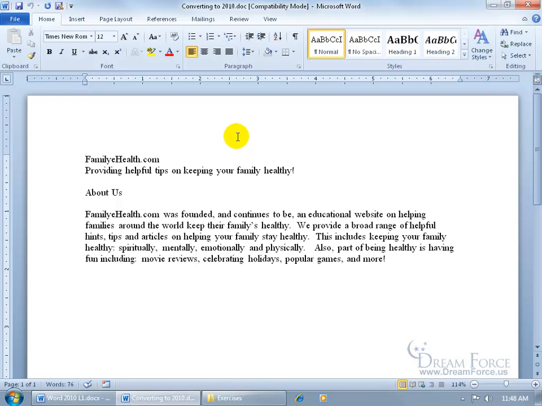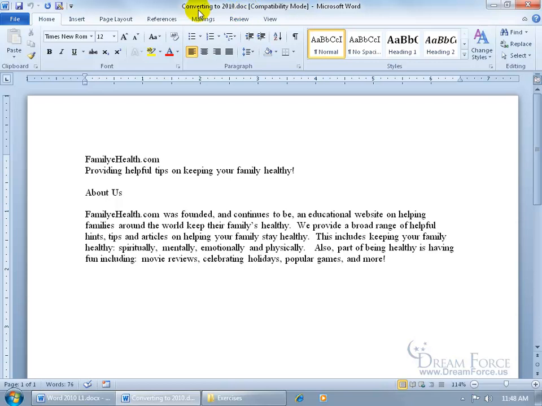So if there's any bugs or issues, because you have it, you can see up here in the title, Compatibility Mode, it's not really compatible with the Word 2010 program, then you may lose it. Your chances of recovering it are lessened. So what we want to do is convert it from the earlier version of Word, which I don't know, could be 97, 2003, or 2000, to the current version of Word 2010. And when it does that, it'll take the extension of .doc and add the X,